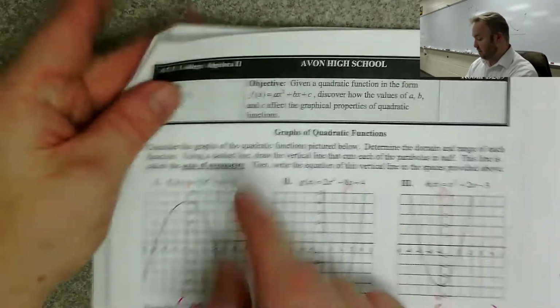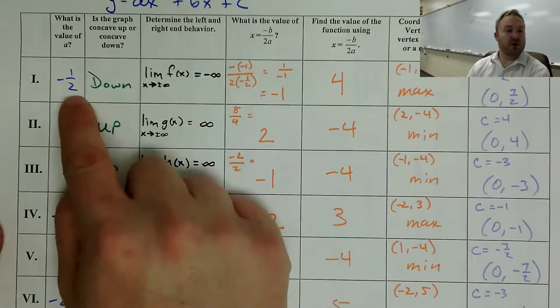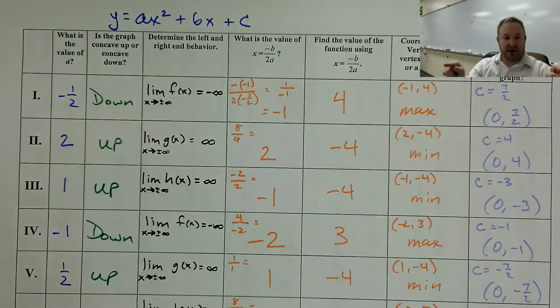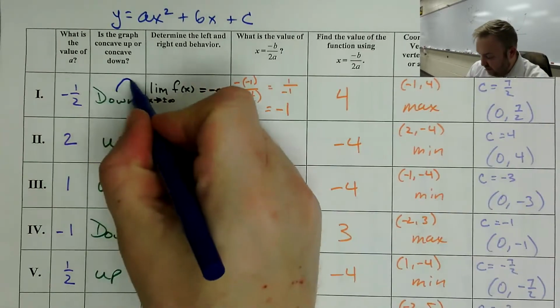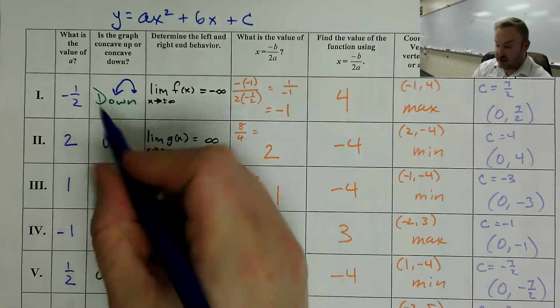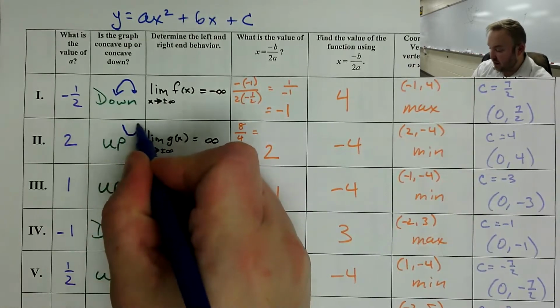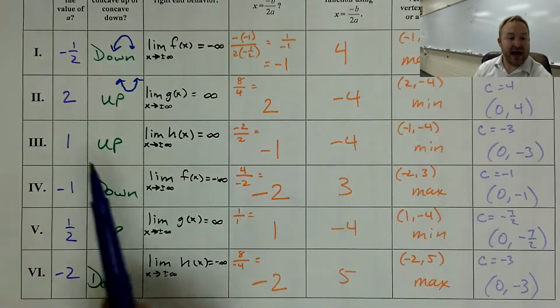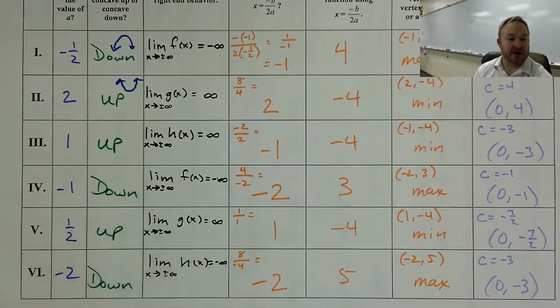B, and C. Okay, you'll notice here that when the A value is negative, the graph is concave down, meaning it opens down. So this graph opens down like that. When A is positive, the graph is concave up, and so it opens that way. So the sign of A determines whether the graph is concave up